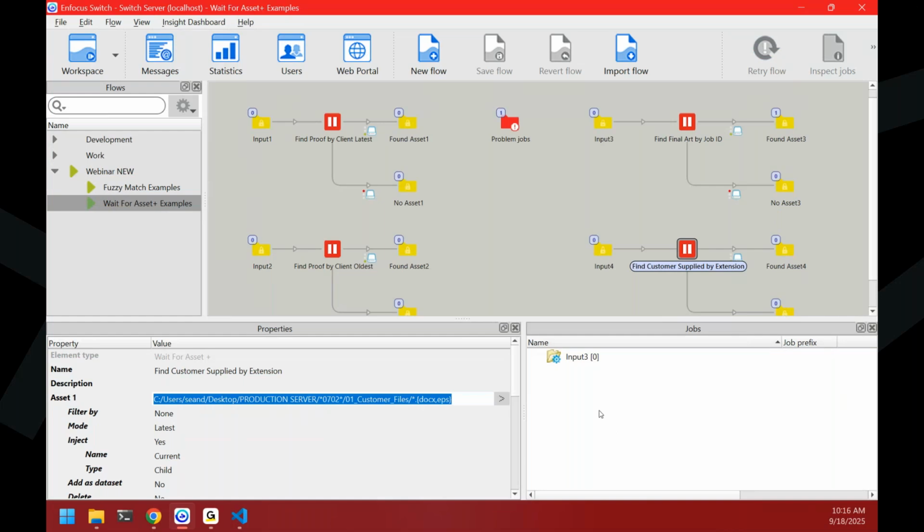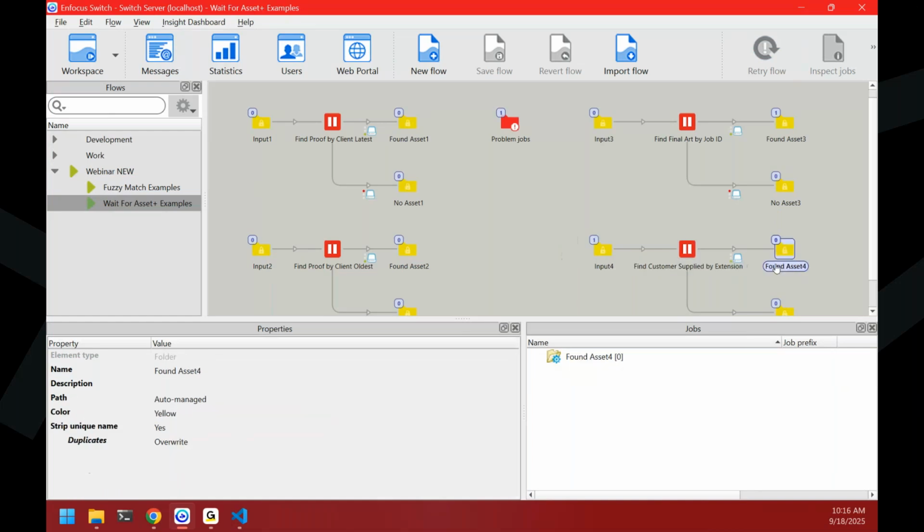And maybe you have this in an automated workflow behind the scenes. You don't want your team to manually go search for files. So same principle, I'm just going to drop a random file in here to trigger this automation. And what's going to come out is a matching file based off those preferences. So just going back to my final art, we see that it found a file called